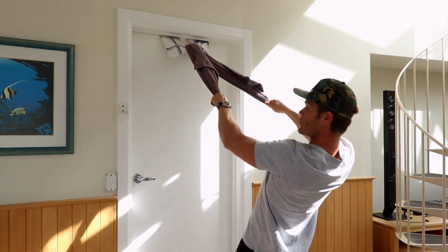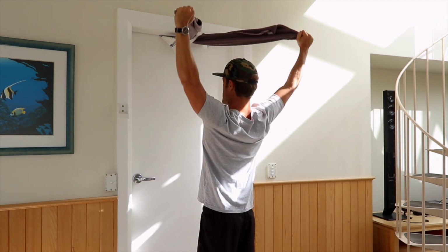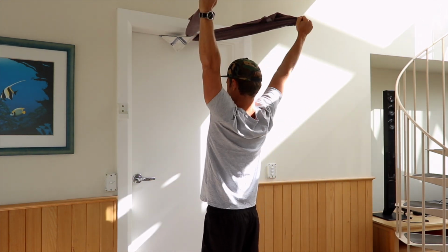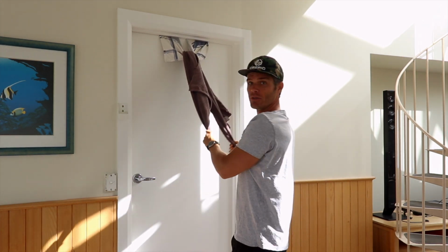You can start getting into kind of face pulls to Y position. That's actually a really good drill for high rep. The only key with that one, make sure